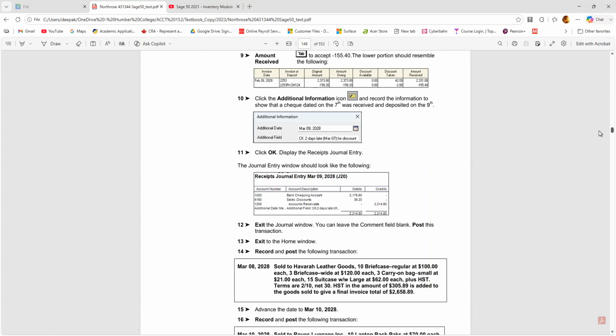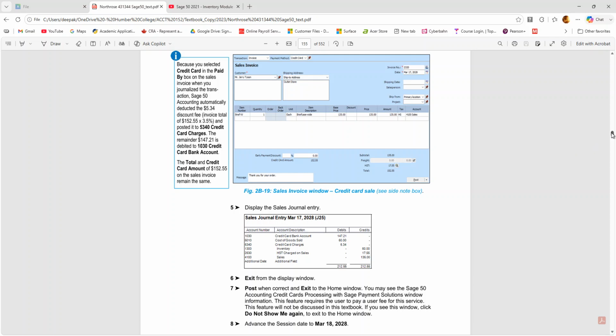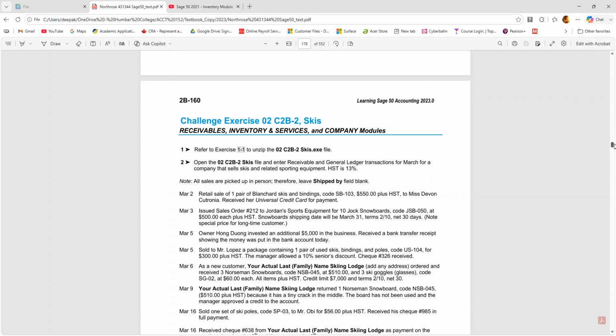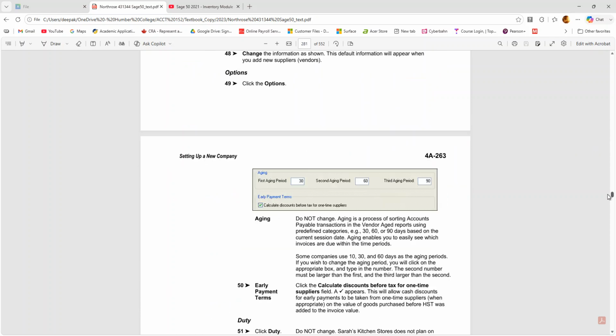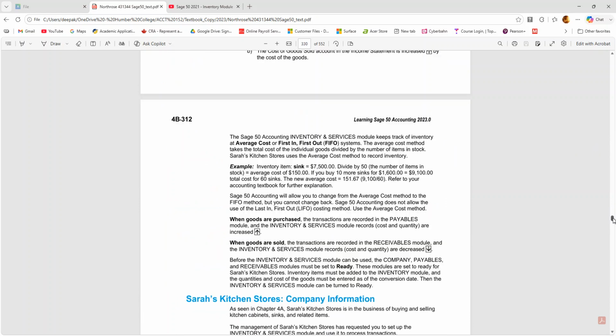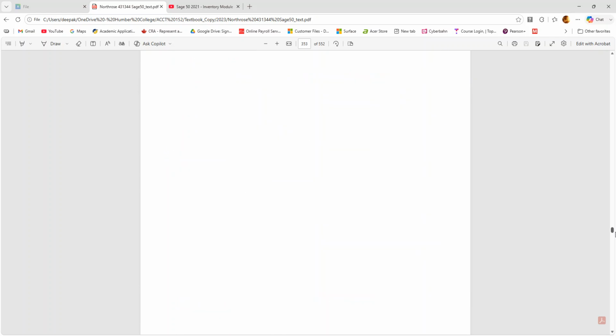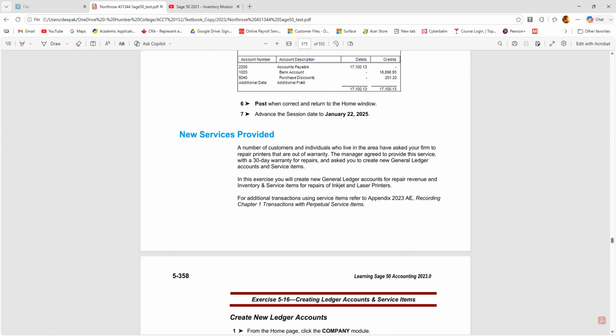I think it doesn't include the setup. It does include some modification in the inventory module, and it does include the inventory adjustment at the end. So you can skip the challenge exercise, but focus on the chapter and make sure you do everything from beginning till the end. So this wraps up this chapter, and if there's any question or concern you have, you're most welcome